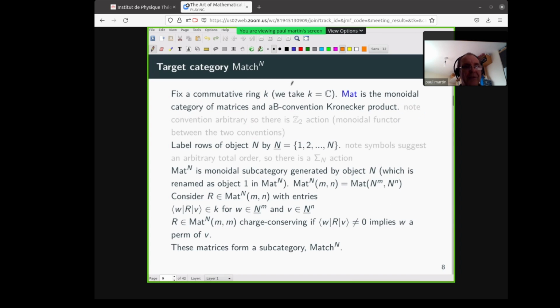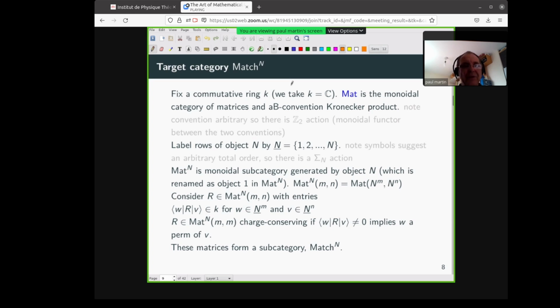So let's do it like this. Fix a commutative ring K. Of course, I'm going to say K equals C for you guys. Mat, then, is the monoidal category of matrices, the usual category of matrices, and I'm going to use the AB convention Kronecker product. It doesn't really matter which Kronecker product convention I use, but it's handy to note that there